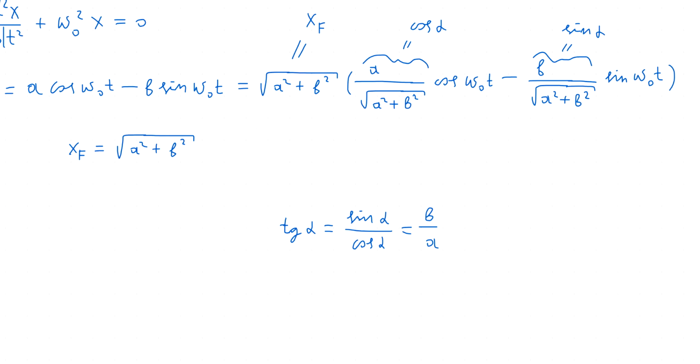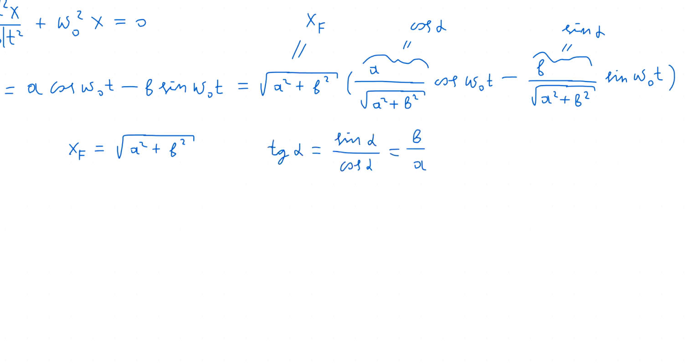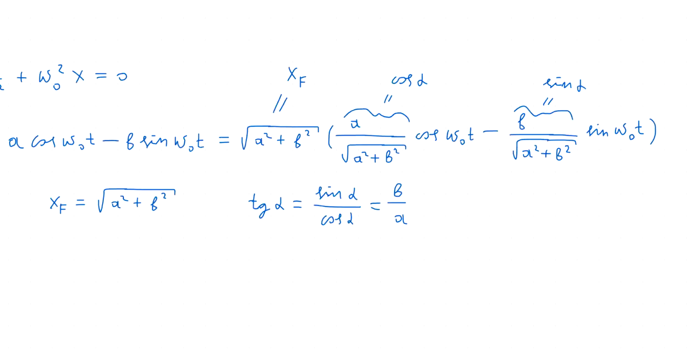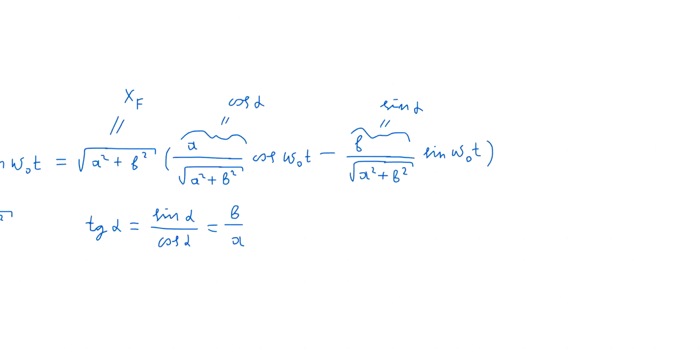we may use these designations to write these equations in some better form. So xf multiplied by cosine alpha, cosine omega 0 t,